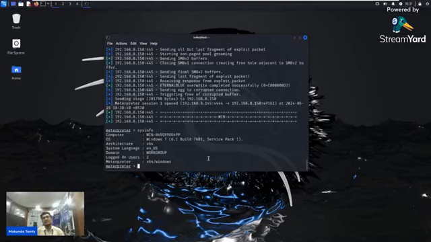First, going through the phases of ethical hacking, I gathered information that there is a Windows system running. Then I scanned for open ports, and then for potential vulnerabilities.